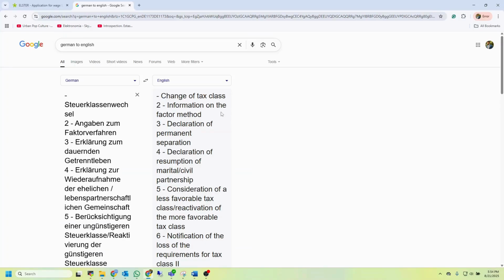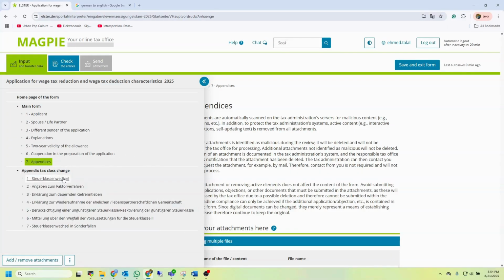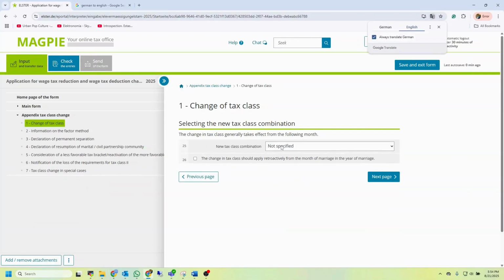Change of text information on the factor method. No, you can leave that. Change of text class. So the first one. Yeah. So just select the first one, and then you don't need to fill in any of these. So just number one. As you can see, it's translated now. Factor method is different. Permanent separation, blah, blah, blah. Pretty self-explanatory. Only thing relevant for you, if you're applying for text class change, is going to be